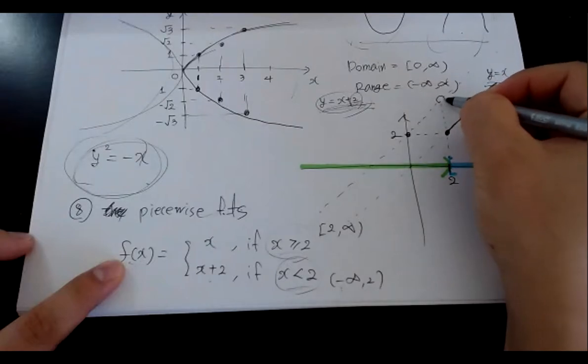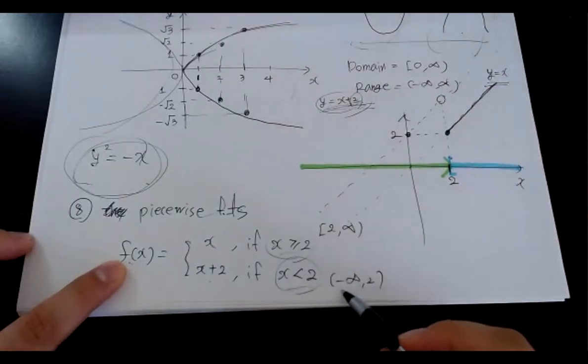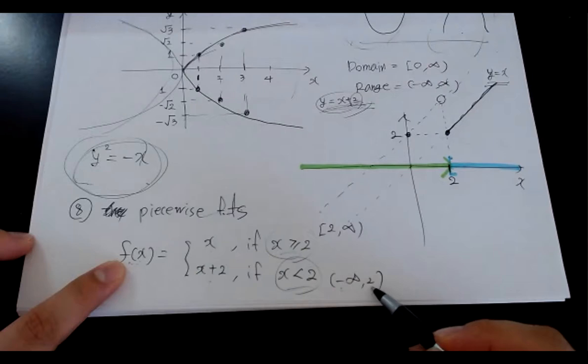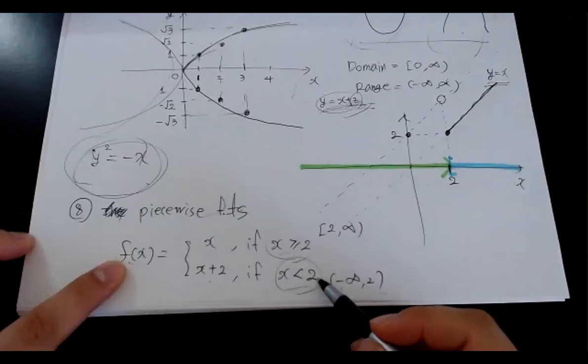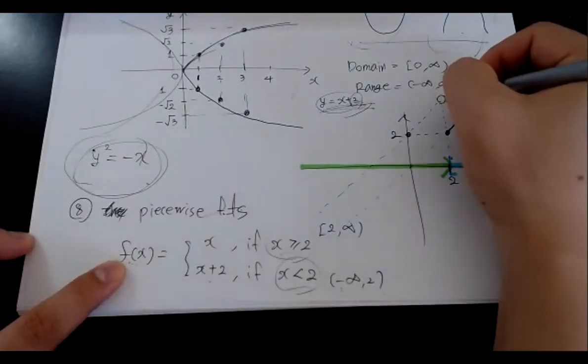But by the way, in that interval, 2 is not included, right? It's open, because x is less than 2. That doesn't mean x is less than or equal to 2, right? So x is just less than 2. It means that x cannot be 2. So here, open, this is called the